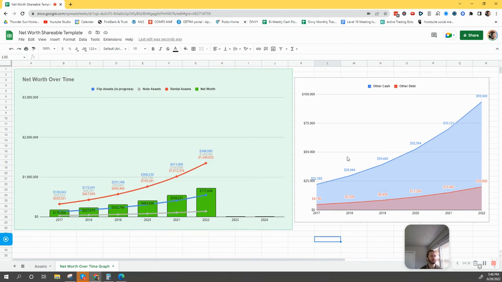So right here, and this one on the right looks like it's automatically done. So this one on the left, you'll see the key. Blue is your flip assets. So through the years, flip assets, note assets are the gray line. Rental assets is the red line, and then net worth is the green